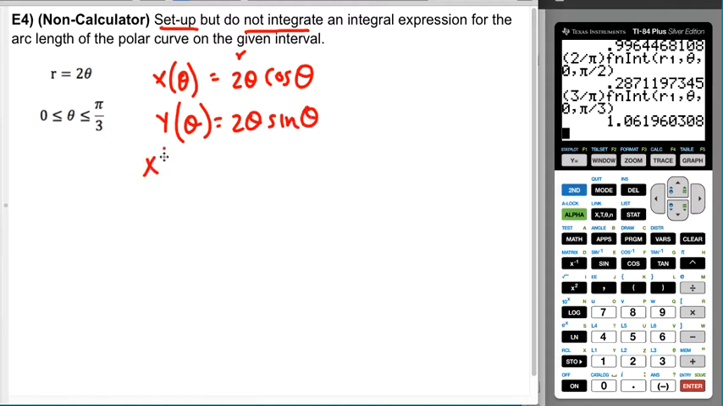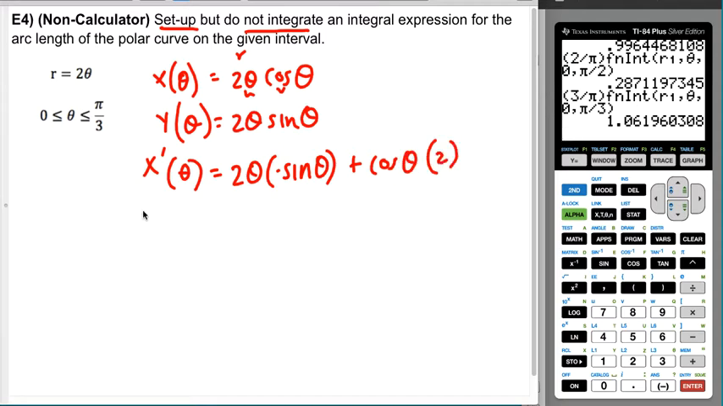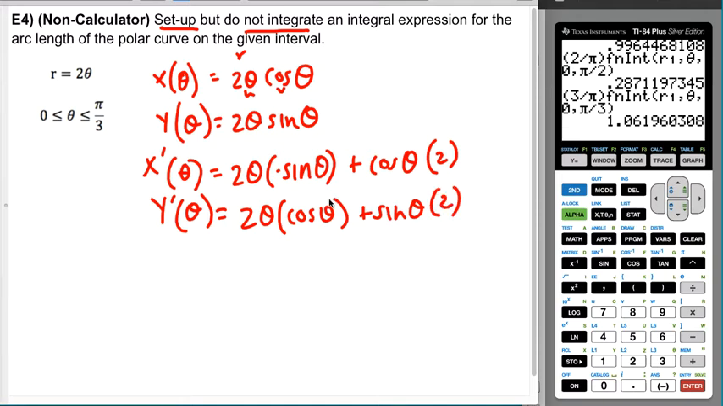And then I need x prime of theta. Well, that's going to be a product rule, right? u and v. So u dv plus v du. My y prime of theta is going to be u dv plus v du. And you can clean that up if you want. I mean, there's not a huge incentive to do that, right? So my arc length